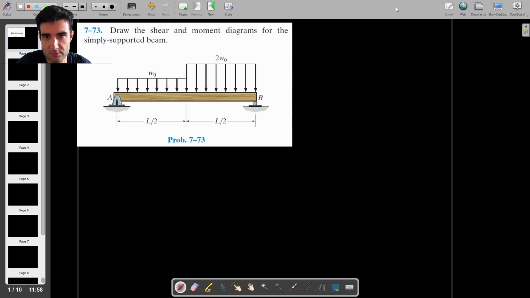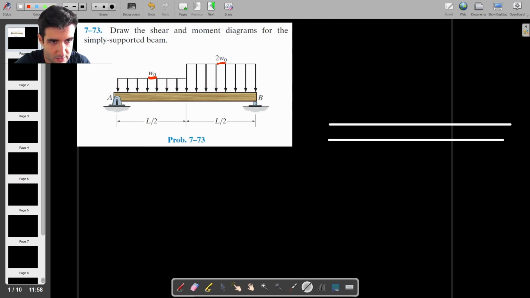So in this problem, we're dealing with a beam and we have two distributed loads. The first one is called W naught, which is acting from the left hand side until the halfway point, and then we have 2W naught, which is acting from the halfway point all the way to the right hand side. So as usual, what I'll do is I'll draw the free body diagram of the beam,